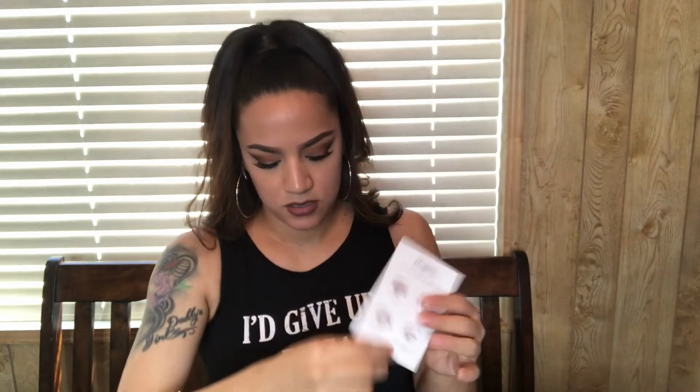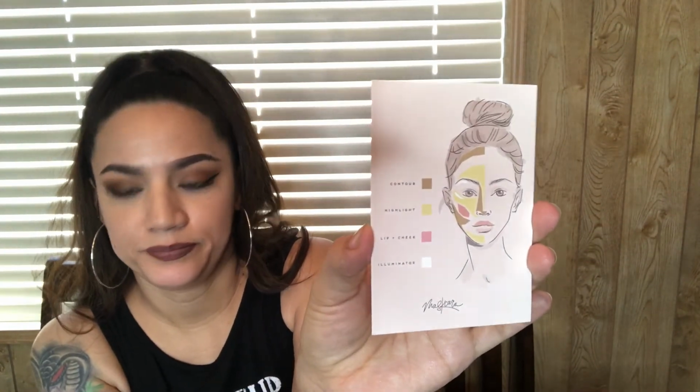So I'm back real quick because I was about to throw the box away when I realized that it was still heavy. So I looked under, and it had like the catalogs, and then I don't know what these are, to be honest. I have to open them to see what they are. And then it's like an eyeshadow diagram, and kind of like how you're supposed to do it,